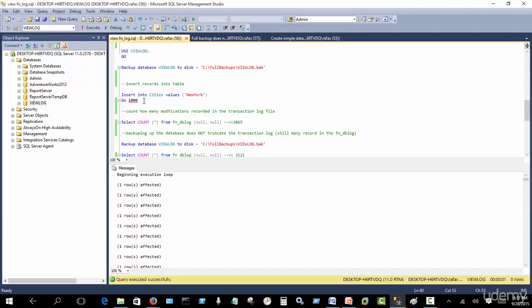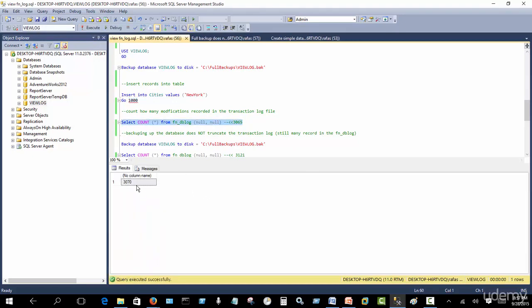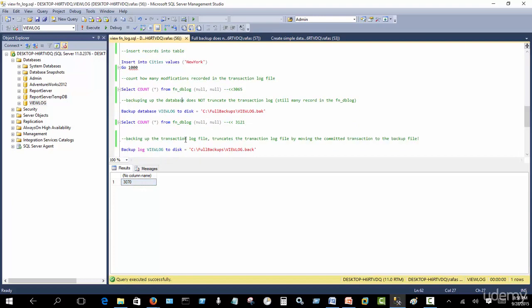the transactional log file. And now we're going to look inside the log file and see how many activities are occurring. Remember, all we did was essentially insert 1,000 records. We did one transaction of backing up the data, and we did one creating a table. So if we do a count now of the transactions that occurred, you'll see that this number is drastically increased from 3,070. So now what I'm going to do, just to illustrate, is back up the database, just